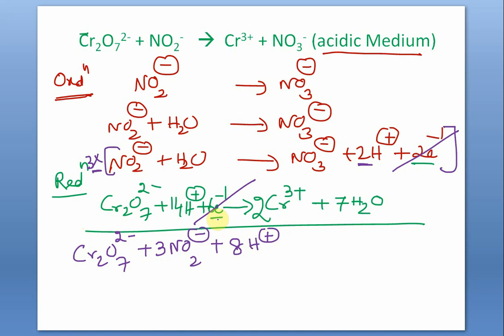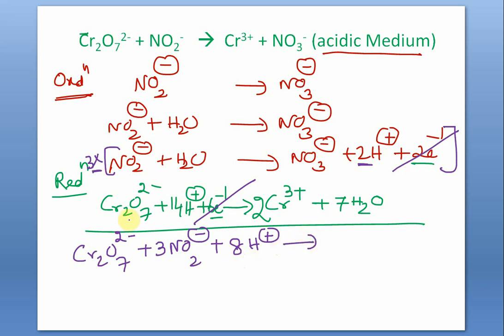If by chance you cannot do it mentally, you cannot find out the remaining excess species, then you write everything of LHS, everything of RHS, and then see which are common, and then subtract and take to one side. You can do that. But let us do that mentally. 3 2s are 6 H plus ion in RHS, 14 H plus ion in LHS. So the excess is 8.